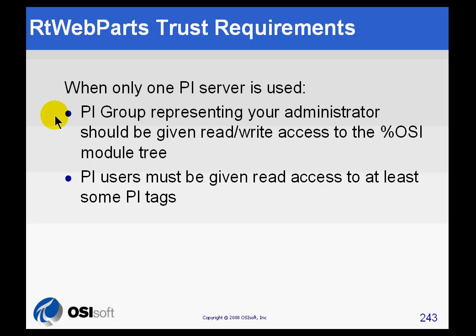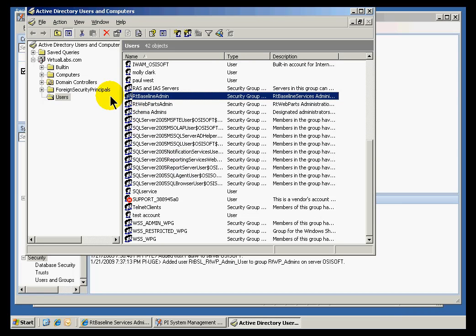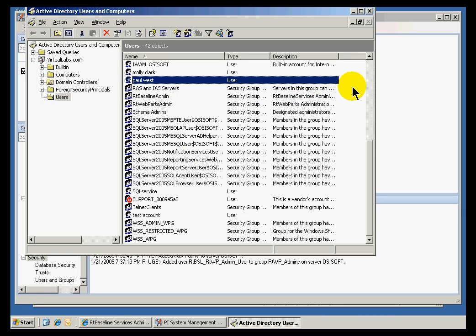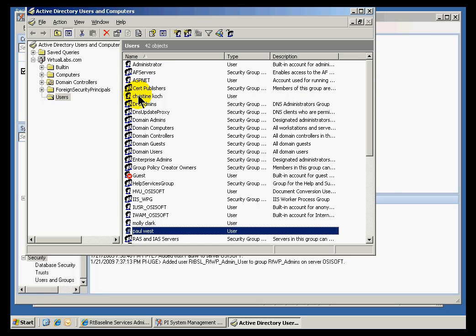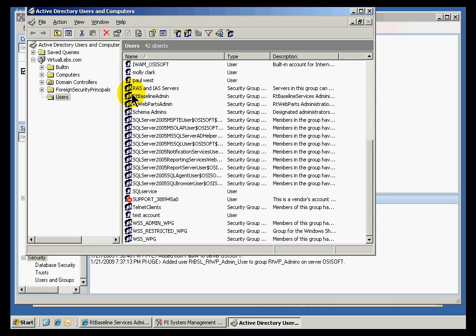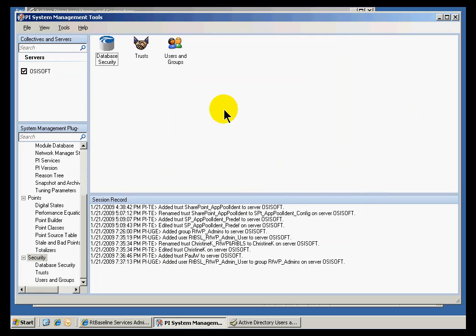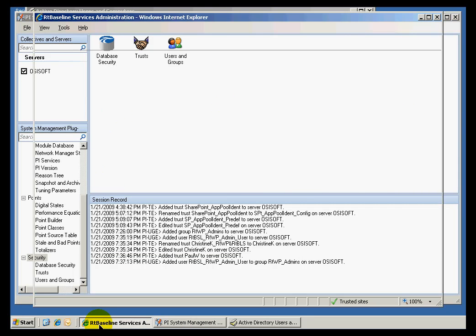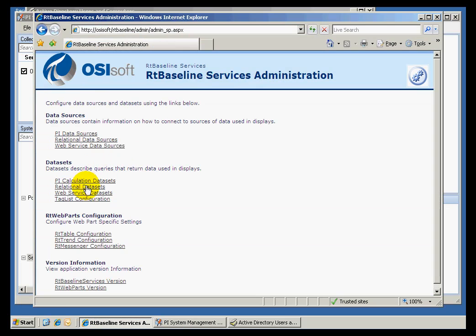So we'll be accessing a number of different applications to do this. First of all, let's use our example here: we've got a Paul West. That's a Windows user. We've also got a Christine Koch, and they are both people who we would like to be able to make edits to the RT baseline administration objects. And again, maybe it's belaboring the obvious, but the RT baseline administration objects are these objects in here,